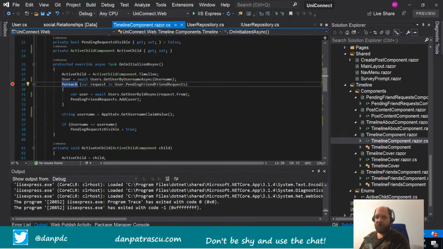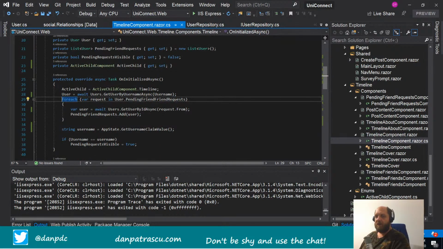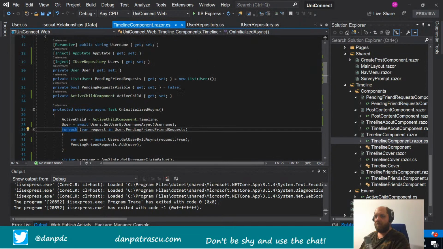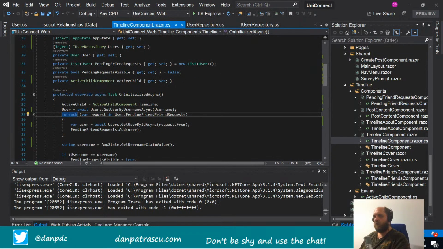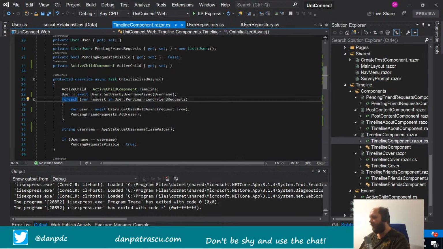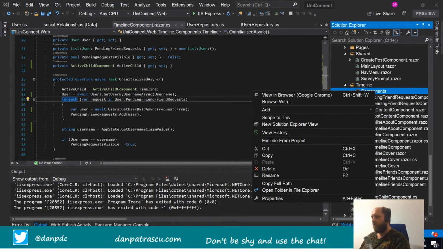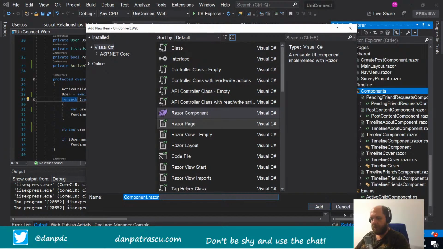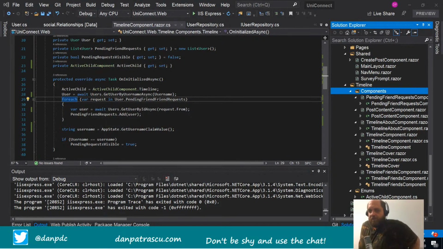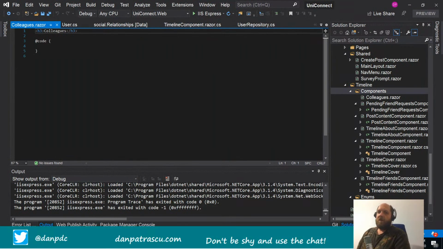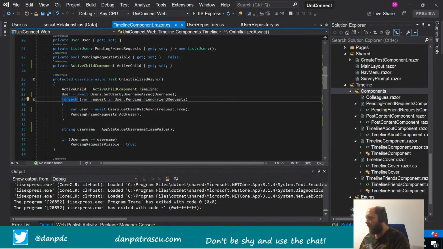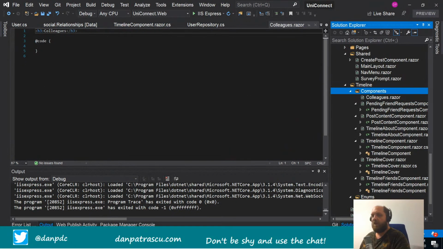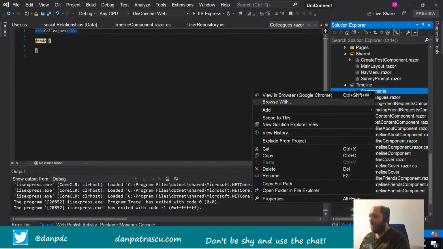Good. Then let's just create a new component here. This would be a razor component, and let's call it colleagues. Although there is some stitching that we will need to do on the parent afterwards. So where this is the colleagues, let's add the code behind file, add the new class,